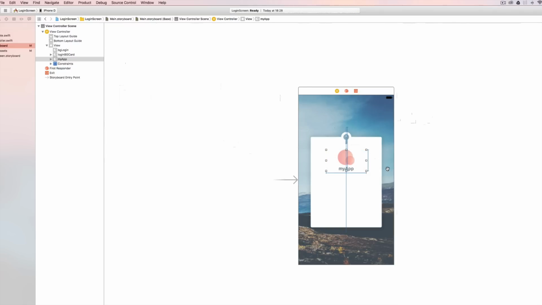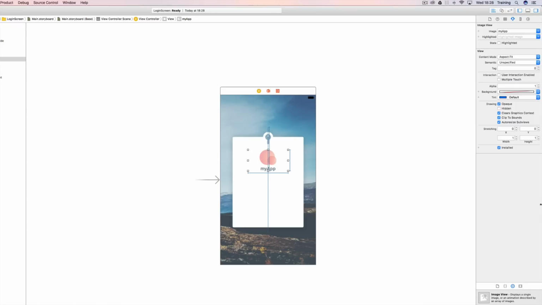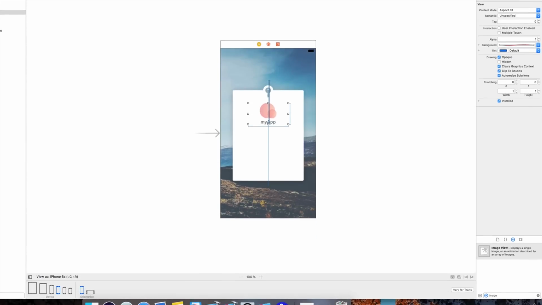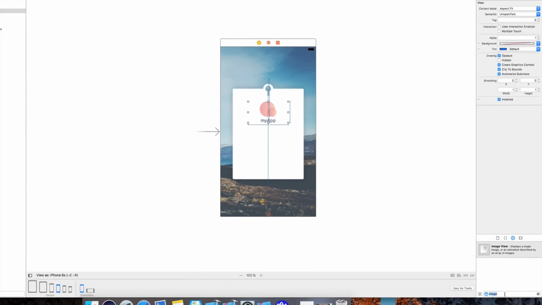And as you can see, we again have the blue lines, which means that our auto layout engine is satisfied. And now we are coming to the most complicated part, actually, which are the text fields, since these are not